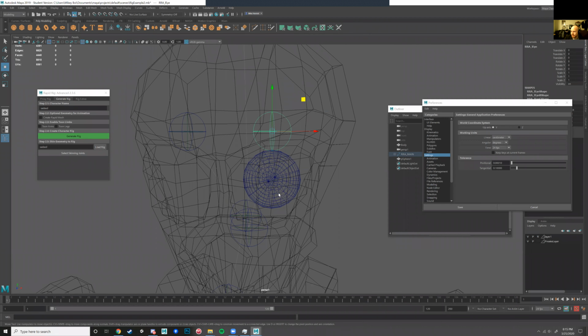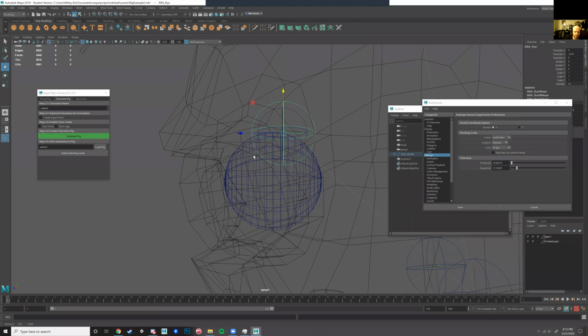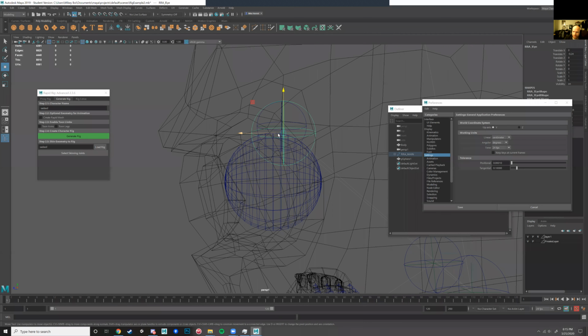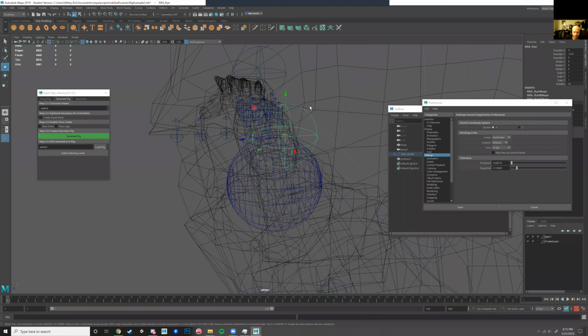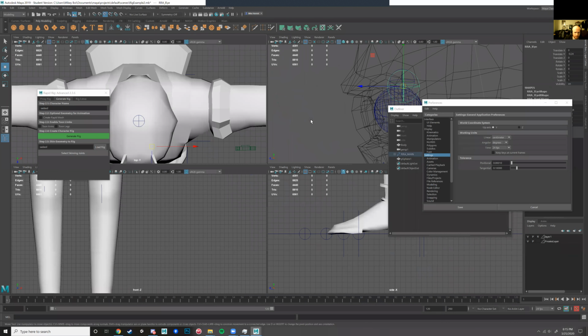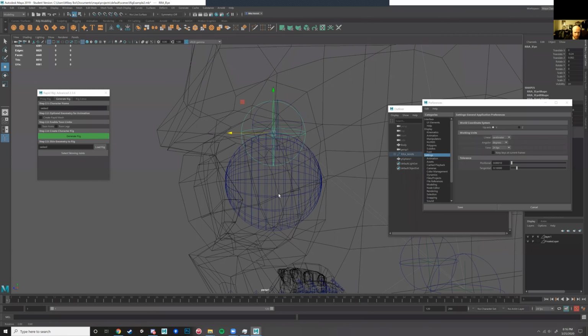So the way we do that is with snapping. If you hold V, you should be able to start snapping to different verts again, like we were doing to snap the control to the middle of the character, or the pivot to the middle of the character. Now, we're going to use D and V in combo to move the pivot point. Or actually, wait, no, we're not moving the pivot point on this one. Don't do D when you're selecting these proxies. We're just going to only use V. My bad, misspoke there. So we're only going to use V, and we're going to align to the middle span